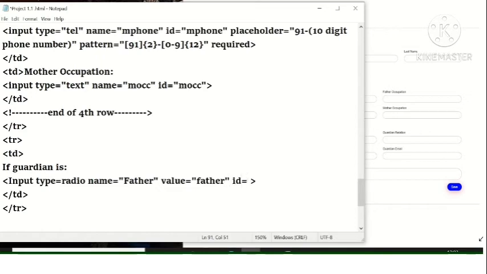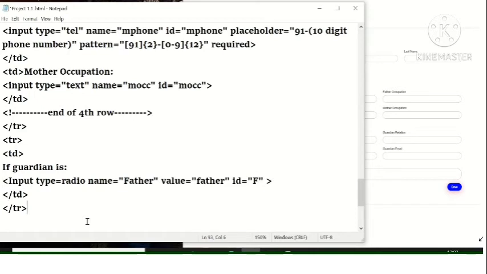There is one interesting thing to note in this case, that we have declared input type radio and name equals father. Here we need to have the same name for the guardian. For example, we need to declare it name equals guardian.